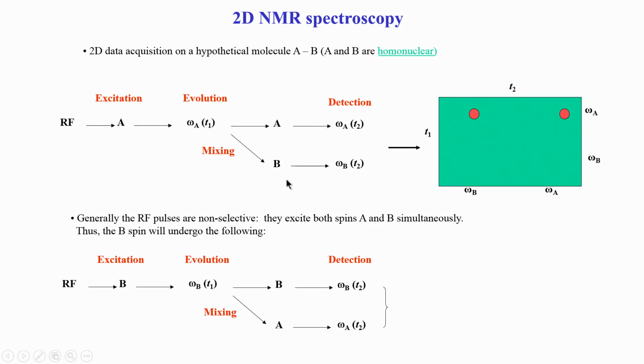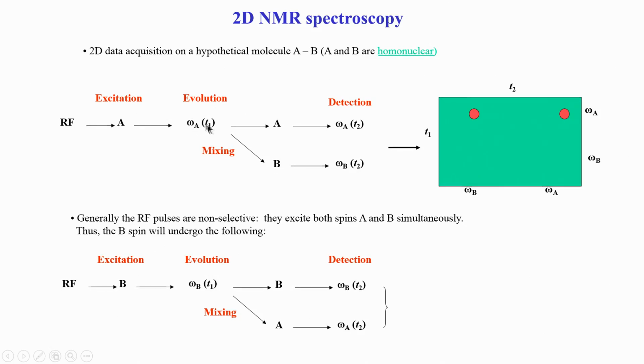So, these are two hydrogens in a given molecule, separated by, let us say, 3 bonds or even 2 bonds. So, there could be a geminal coupling or a vicinal coupling. We use the word evolution for the time when the spin A is free to rotate or precess in the xy plane. During that time the spin A precesses with the frequency of A, and that time period is labeled as T1. This is one time period. So, this is an FID. In the later slides, we will write it as cosine omega A T1.